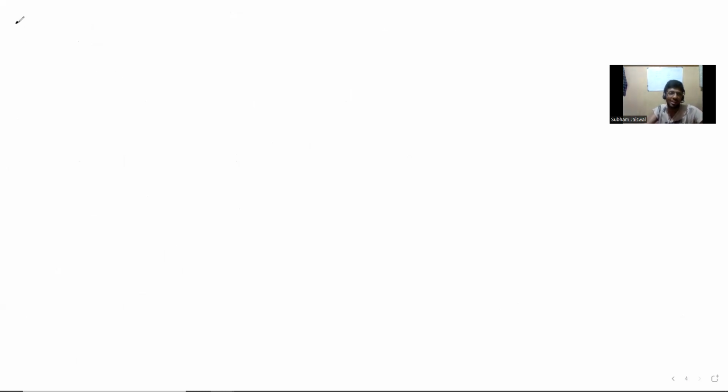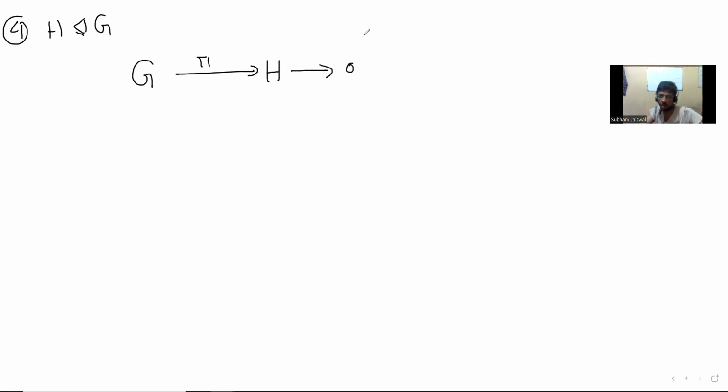So you can understand these questions were made by maybe the same person, just similar variations in different disguises. So question number 4: H is a normal subgroup of G. What they're telling you in the question is that there is a map pi from G to H, and this is a surjective map. The whole map is not told to us, but I think what's said is that pi of H is H. So H goes to H.